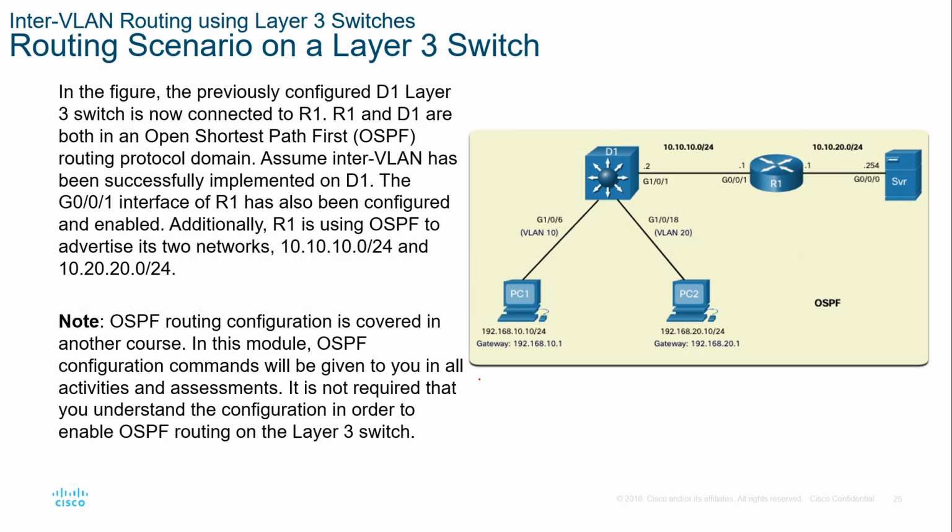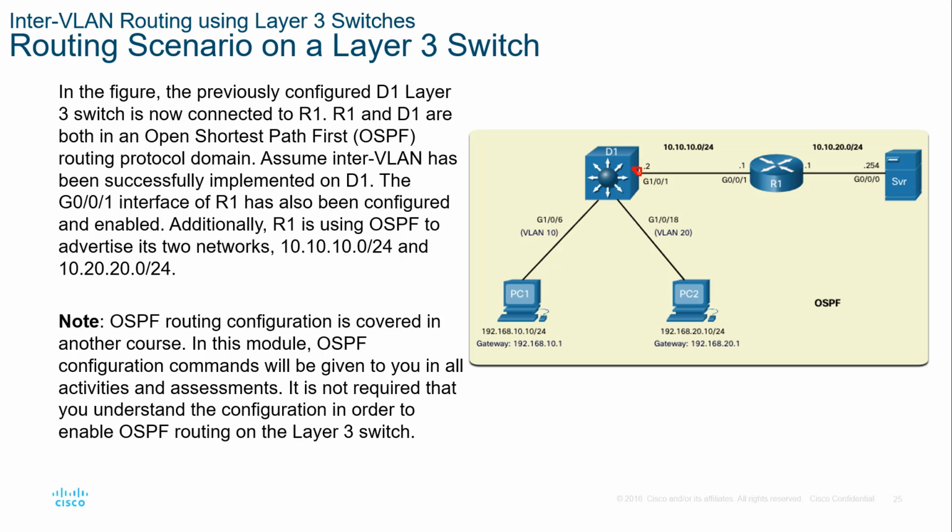Why would we want to do that? Well, what happens when we want to share routing information? It's a layer 3 device. Yes, it's a switch, but it's a layer 3 device. So to share routing information between that device and another layer 3 device, we could do that. Here we're setting up OSPF, so we're going to set this port right here as a